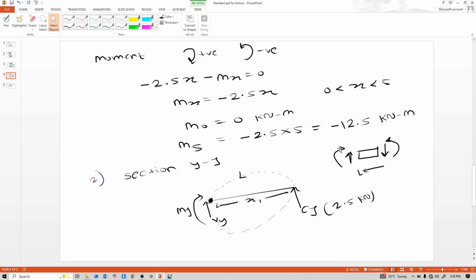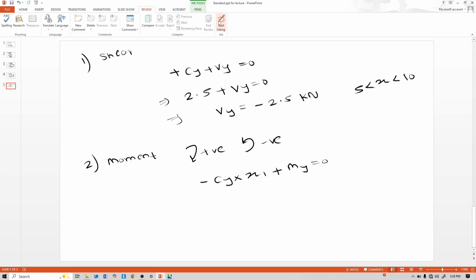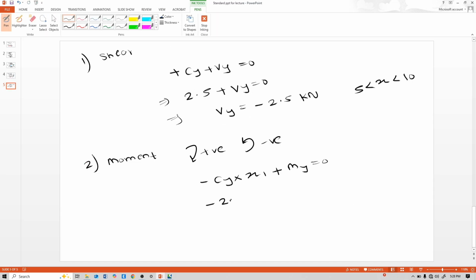See, this is plus and here this is minus because anti-clockwise. So Cy is 2.5 kilonewton, minus 2.5 x1 plus My equal to 0. So My is equal to 2.5 x1, and this x1 is 5, 2.5 into 5 is 7.5